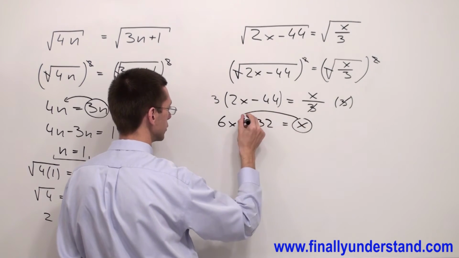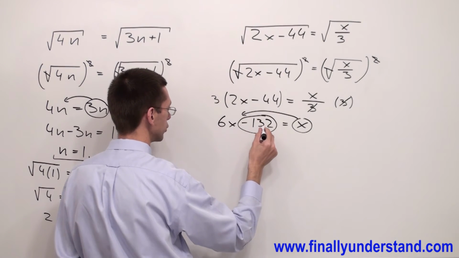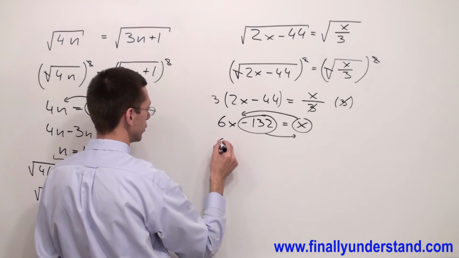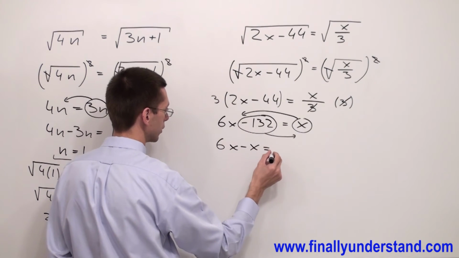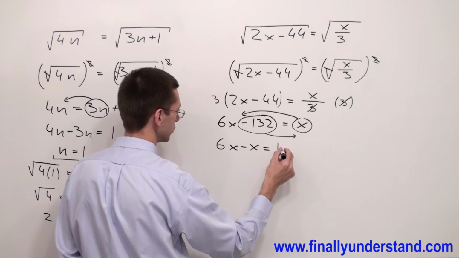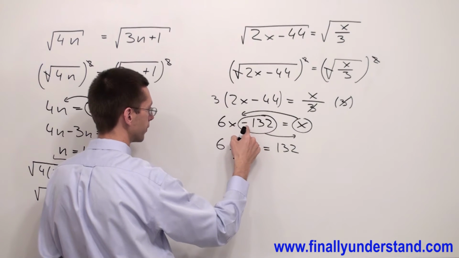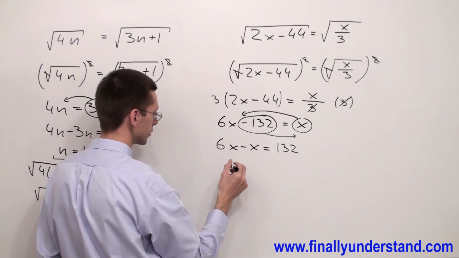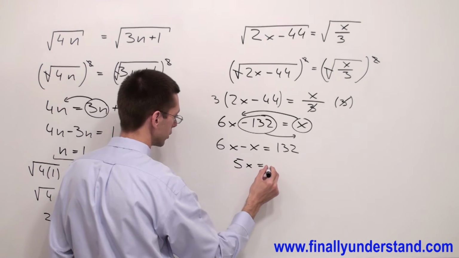I'm going to bring this to the left side and I'm going to take negative 132 and move it to the right side. So I have 6x minus x equals 132. Remember, anytime you change the side for a number or variable, you have to change the sign. 6x minus x is 5x equals